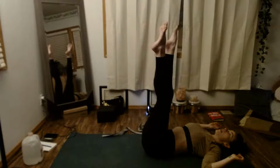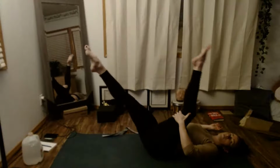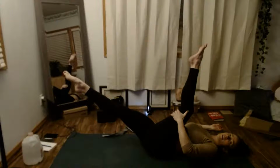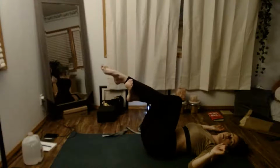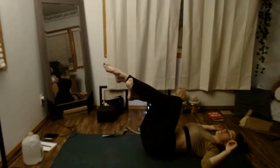Wherever you are, unravel the legs and then switch. So your left leg is going to be on top. Cross and twist at the thighs as much as possible first. So maybe even get more of a wider split here. Cross, cross, cross. Cross the knees. Maybe you stop here, or maybe you can wrap the foot around the ankle. You can hug the knees a little bit more into your chest if you want to play around with the